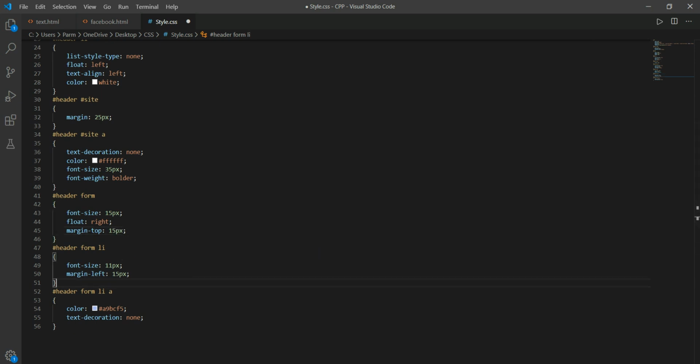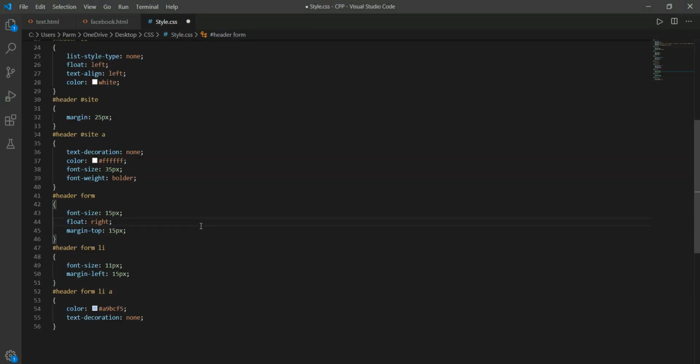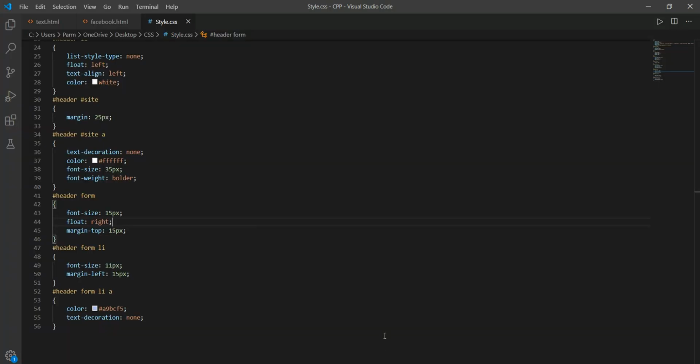Here in this form element we want to set it somewhere here, so I have to set margin top 15 pixel. I'm just going to save this, refresh it. Okay, this is done.